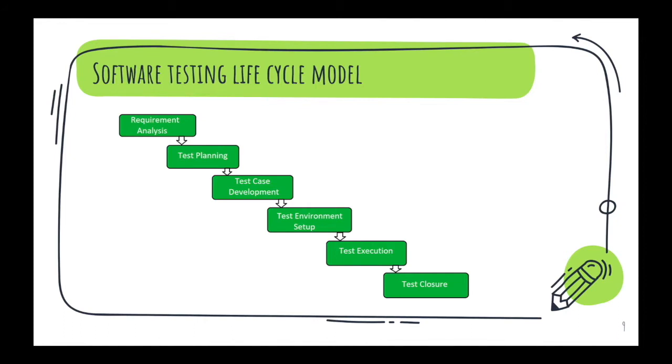In test execution, I am executing the test cases that have been developed previously against the functionality. And test closure is basically a sign off that whatever has been tested is working fine as per the requirement, and there is no major issue within the application which needs to be fixed before the closure. The final sign off is given in test closure, and relevant stakeholders give sign off. The major one is given by the tester itself, that there is no critical bug within the system.